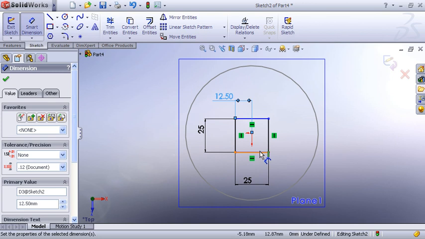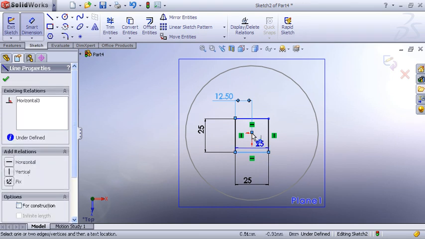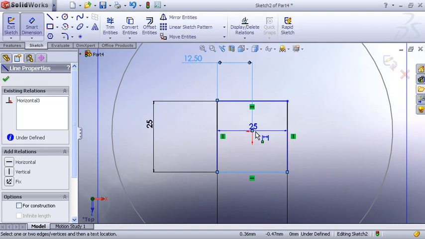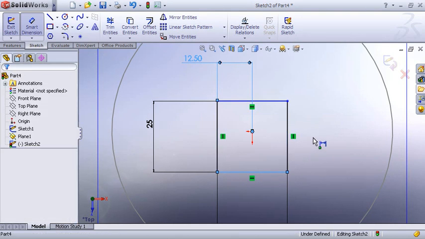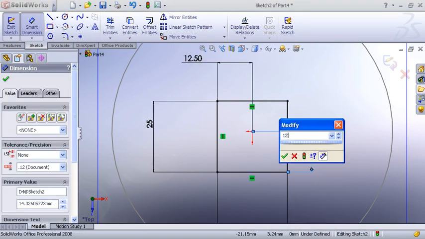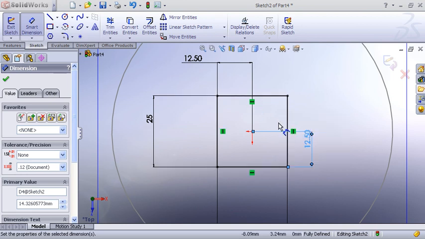In the same way, from here to this origin point distance is again 12.5. Now I have moved this square to the center of the circle.